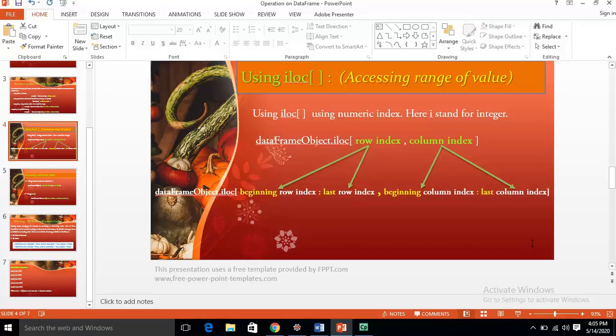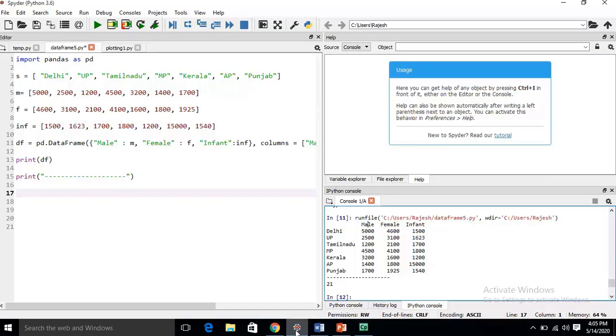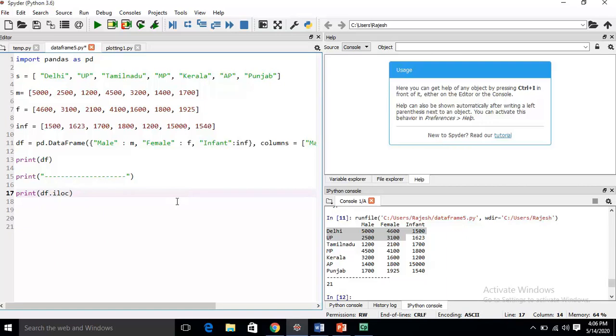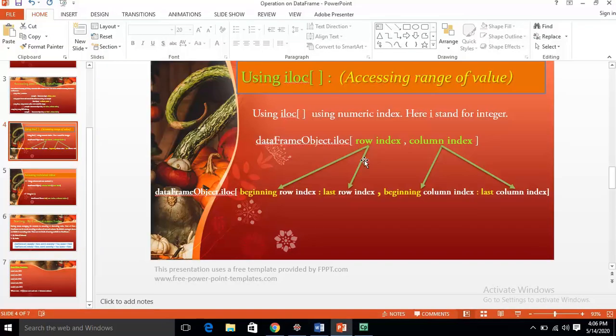Then for this purpose we will use ILOC because we have to use the range of data. How will we use the ILOC? Let you see. Print df dot ILOC. First is the row index, which has the beginning row index and last row index.